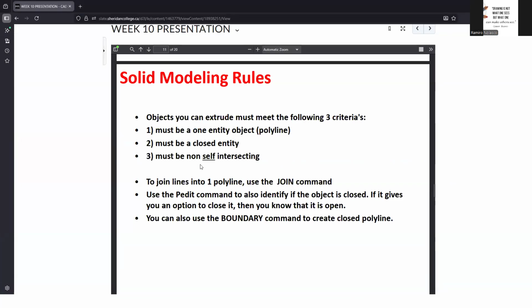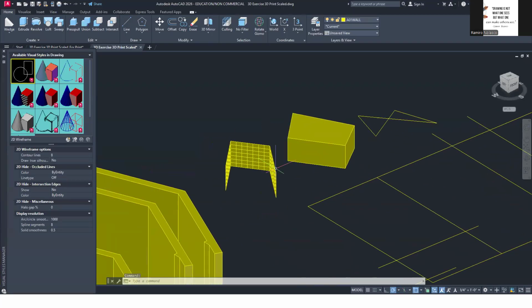Now, if you have lines that are not joined together, meaning you didn't use a polyline, I don't know why you would want to do that. But if you have a line or lines, you can extrude this, but it will also create meshes. So I can extrude that, but I'll extrude that one at a time. Okay, so undo. Now, if I have lines that are close, again, I can extrude that, but I can only extrude it one at a time.